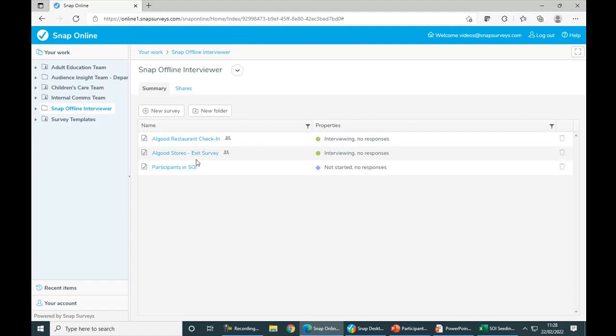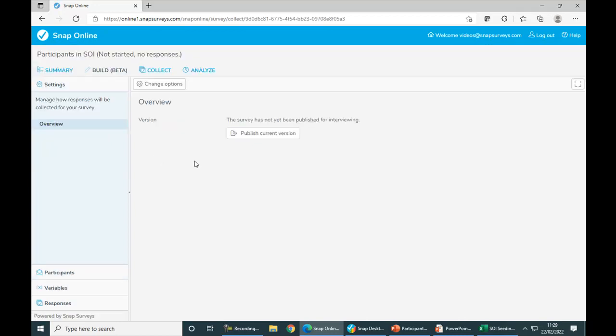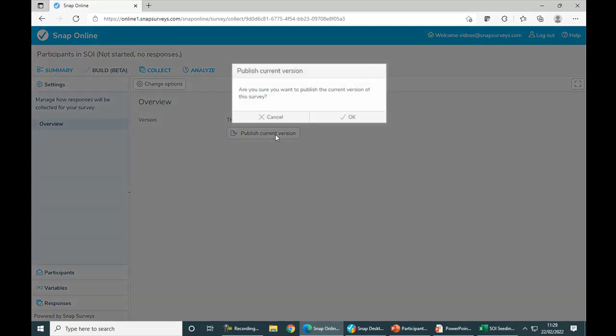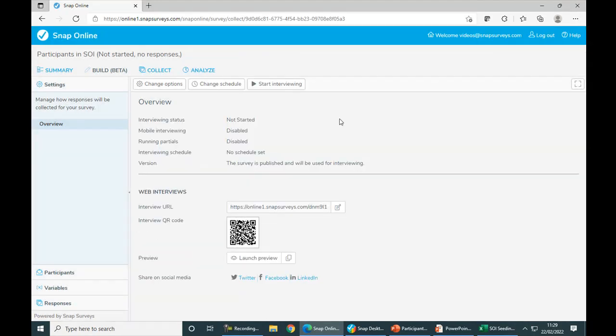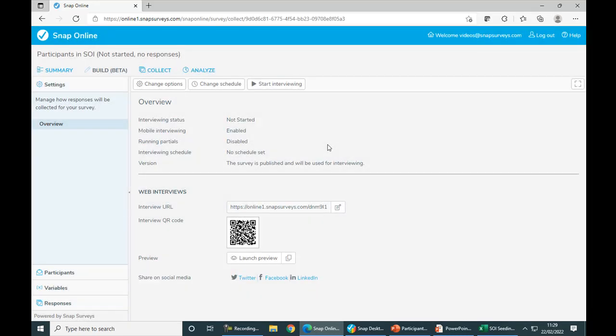So if I move into my participant survey and go into the Collect tab, I'll publish the current version. The first thing we will do is go into Change Options, and we will activate this survey for mobile interviewing, and today we will also include the fact that we want to make use of participants. So if I save that one, we then need to share the survey with my different interviewers. So if I go back to Summary